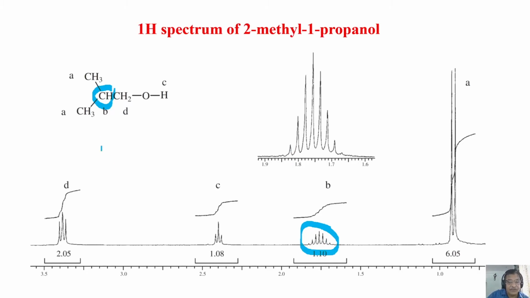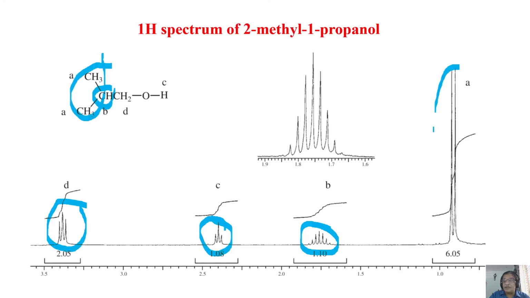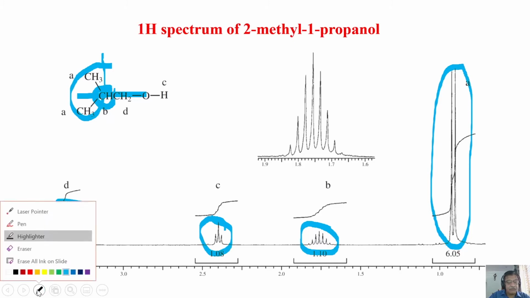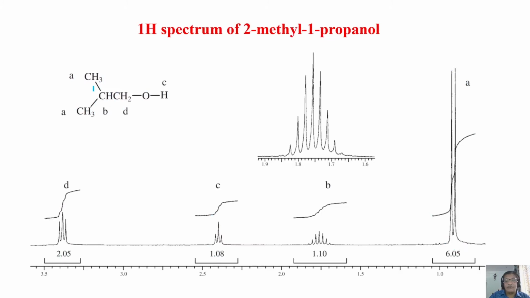Then what is left over? So this we assign for OH, this we assign for CH2, and this we assign for CH. Then what is left over? The leftover is only CH3s. And look at this peak, it's a doublet. Why is this a doublet? Even though these CH3s may be chemically equivalent, it is split into a doublet because of the CH. Okay, the CH splits this into a doublet, so it appears as a doublet. It has to couple. That's what is happening.